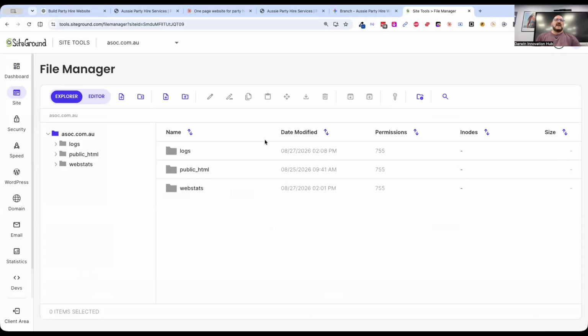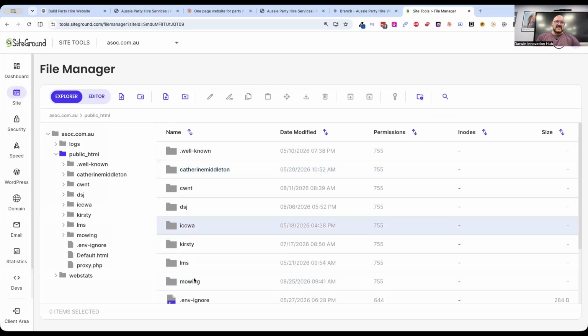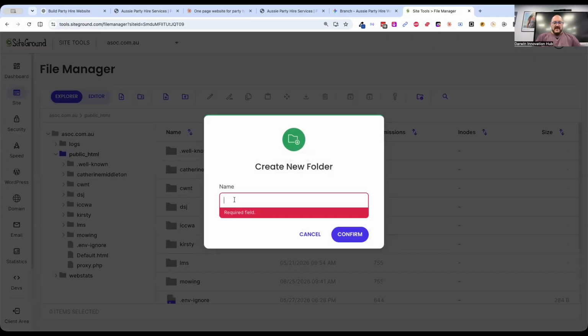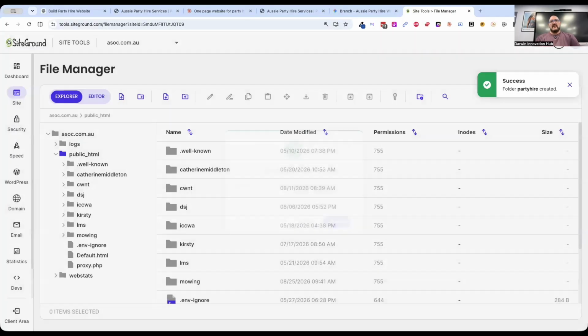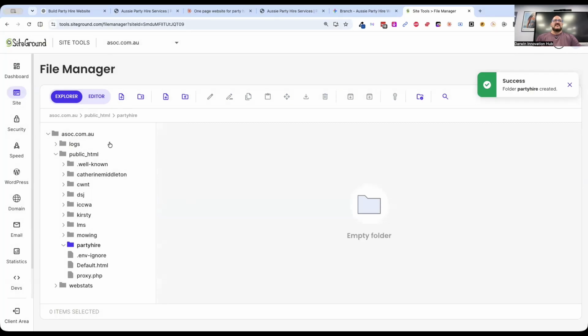manager. And in that file manager, I will go into my public HTML. That's where everything that's live on the internet under this domain is in there. And I've got lots of folders in there for that. I'm going to build a folder. We're going to call it Party Hire. And what it's telling us now is the website is going to be, once I go into Party Hire, it's going to be,